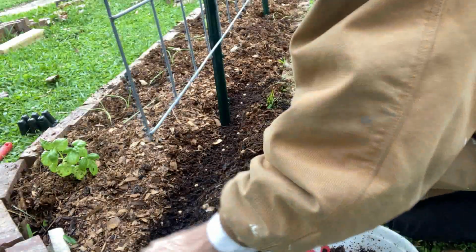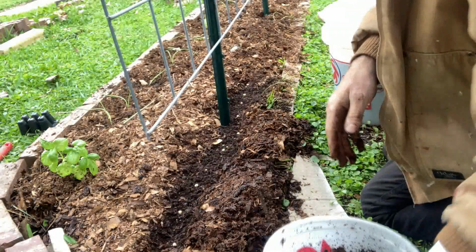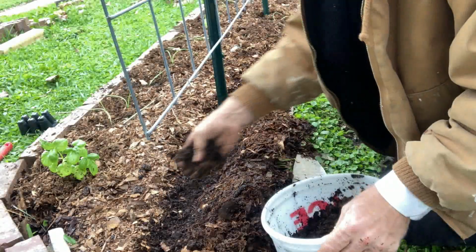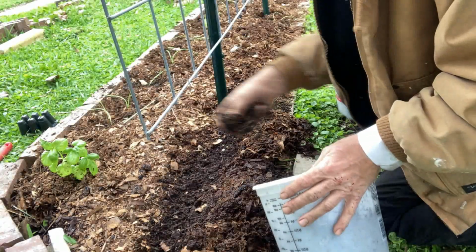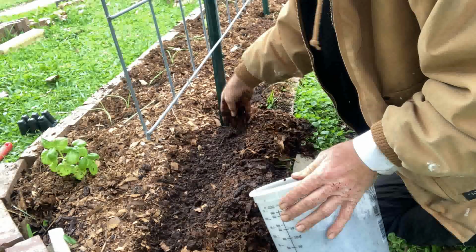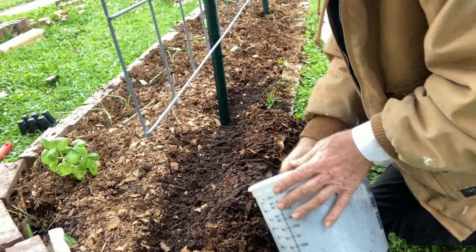And once I do that, I'm just taking a little bit of my compost, sprinkling it on top till it's just barely covered. And this is rich stuff. This has a lot of worm castings in it. I can tell by the feel of it. This is super